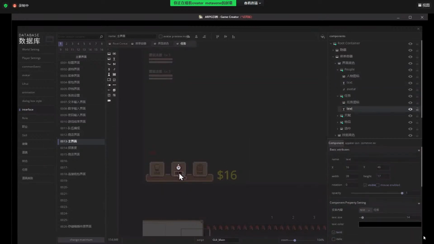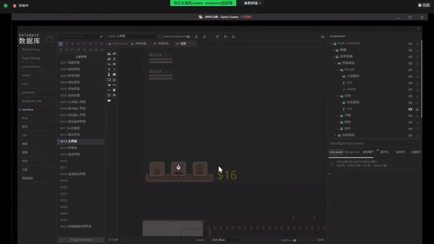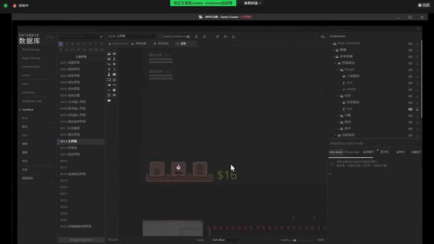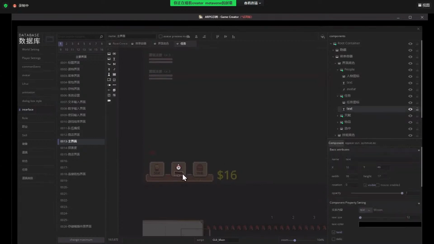The next one is mission. We change the text from Chinese to English. Make the font a little bit smaller and make it larger.